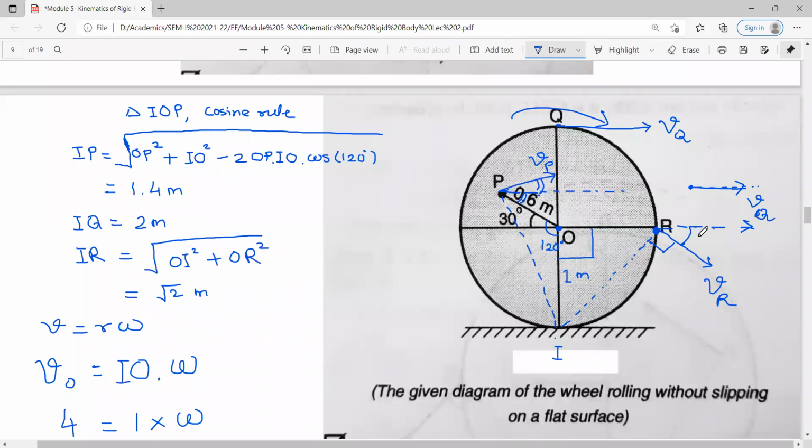So do you agree that this angle, whatever this angle alpha, is same as this angle? You agree with this? Because this is 90 degrees, and an angle on a line is 180 degrees. Can we say? We can't say that.